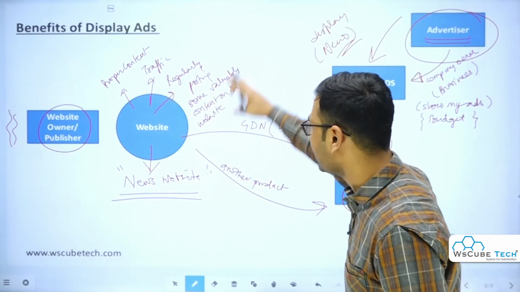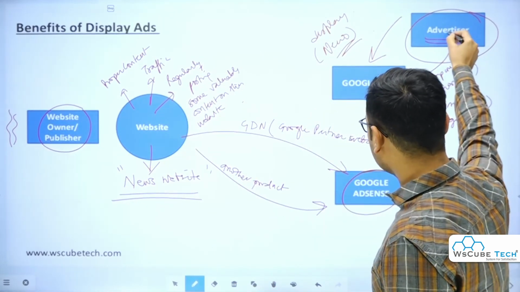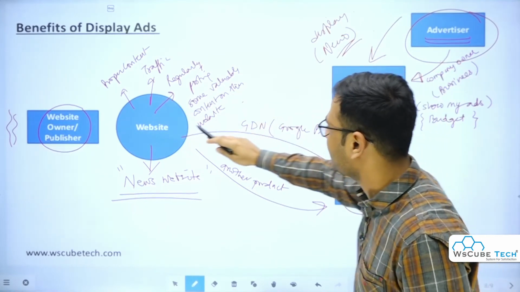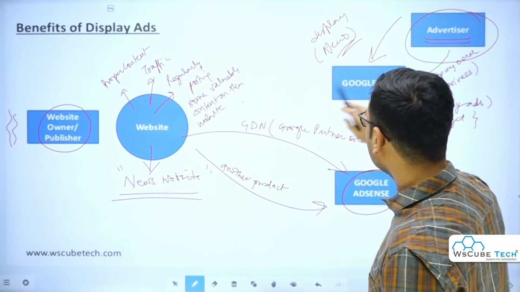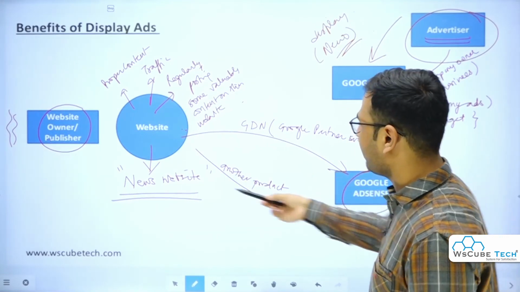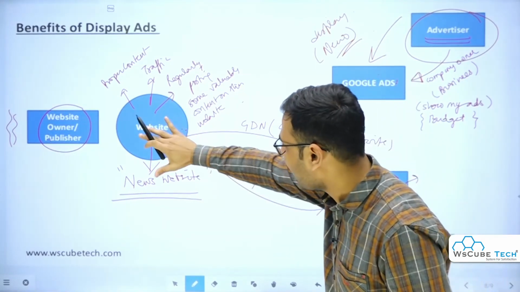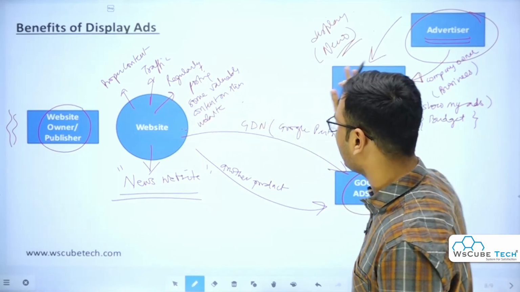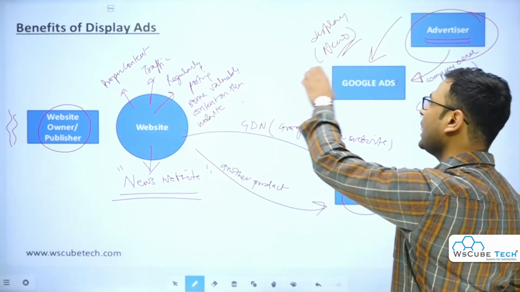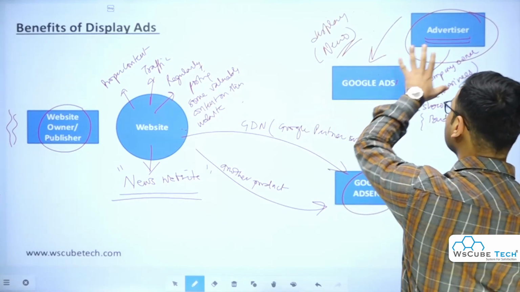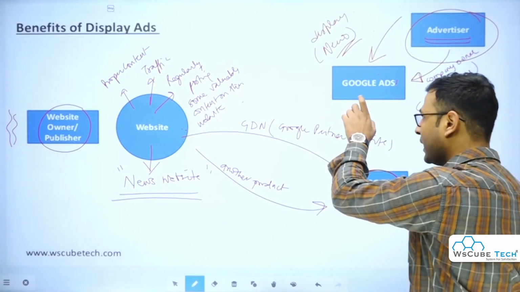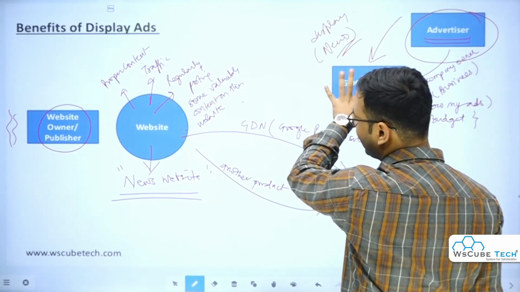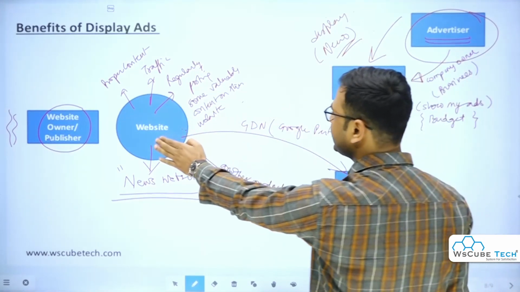Once the news websites are there and the advertiser is looking to pay Google Ads to show their display ad on a news website, the websites approved through Google AdSense to show ads on behalf of Google Ads come into play. The banners or advertisements designed by this advertiser will be shown on this specific website.